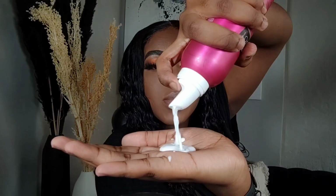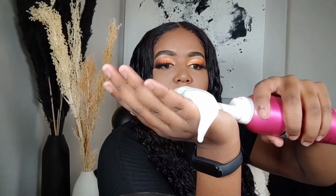So this is how the hair looks now, right? I'm gonna take a final pump of this foam. So I just want to show you guys what I mean by it grows. I don't know if you guys can see it, but it keeps expanding, okay? And this final pump, just going to put it in my hands like that. And I'm not doing the top, just here in the middle,